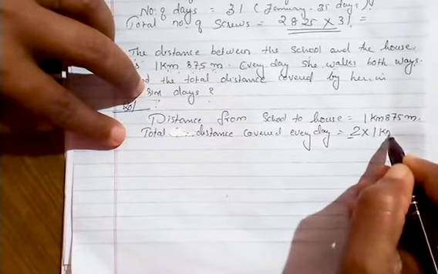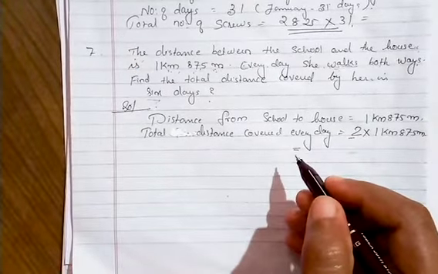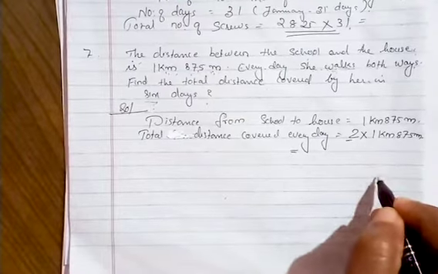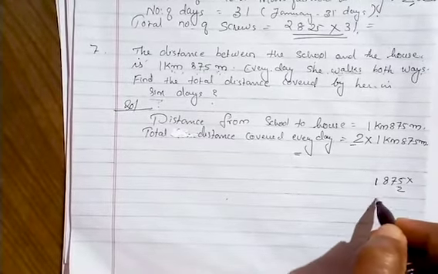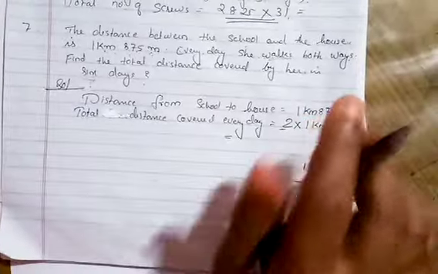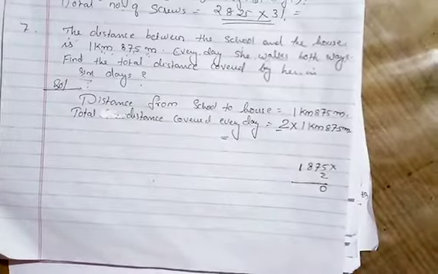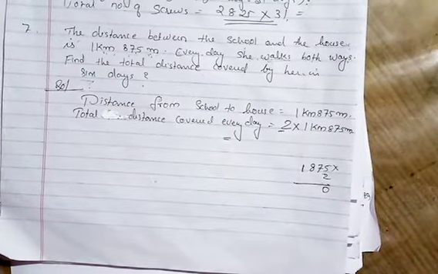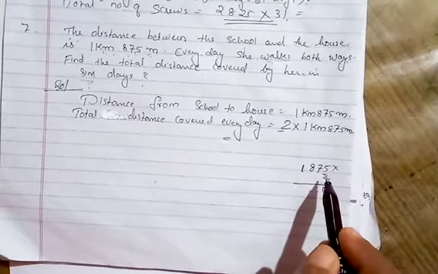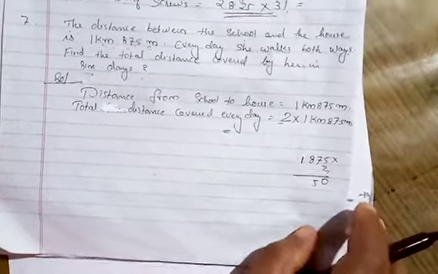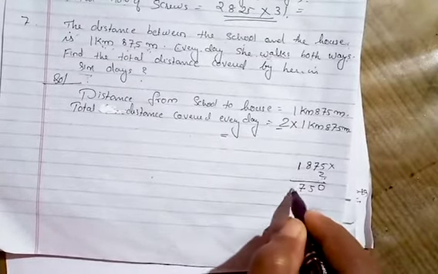is equal to 2 into 1 kilometer 875 meter. The answer is, we want to multiply 1875 using 2. 5 2s are 10, carry over 1, 7 2s are 14, 15 carry over 1, 8 2s are 16, 17 carry over 1, 1 2s are 2, 3. That is